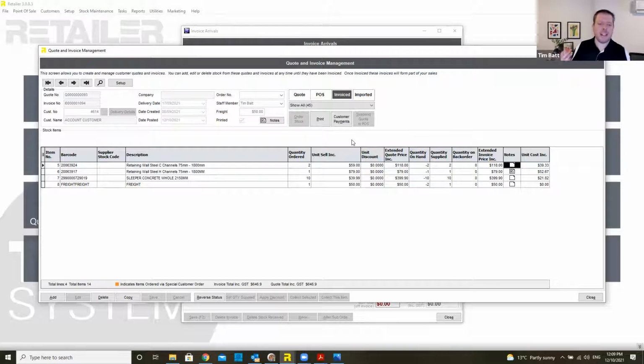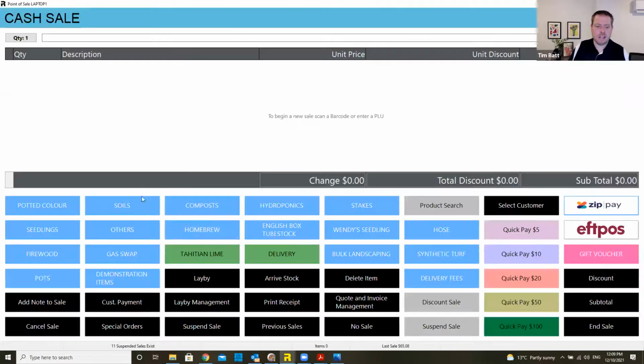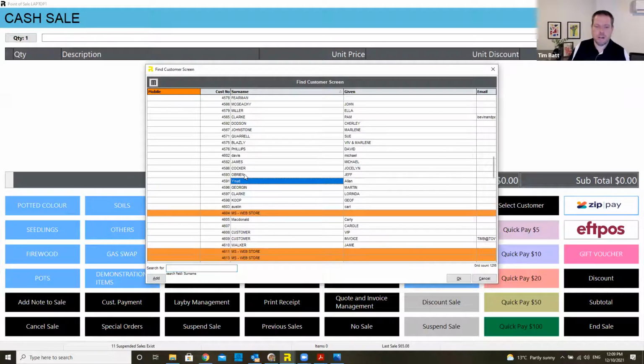I guess the next part of that is the payment side of any invoices for customers. There's a couple of different ways to do it. I can do it directly from this quote and invoice management screen. I can hit my customer payments option here, or if I close out of that and jump back to my point of sale, within my point of sale screen, I've also got customer payment here. So if I chose my account customer again,